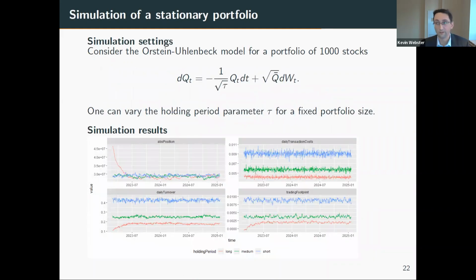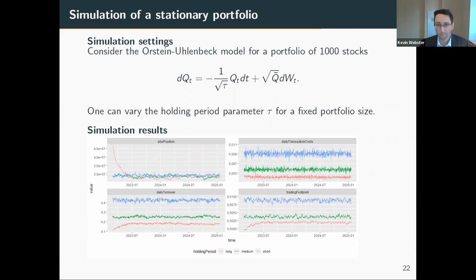We can also simulate all of this. Obviously, I have closed-form formulas, so I don't need to, but you could generalize this to models for which you don't have closed-form formulas, or to empirical data, on empirical portfolios. So if I give myself a simulated portfolio, long-short, equally balanced between longs and shorts, it's an Ornstein-Uhlenbeck process, so I can control exactly the size of the portfolio and its turnover, the parameter tau, and I can